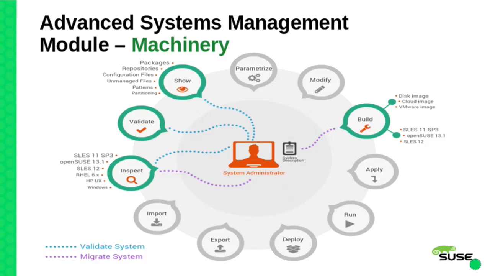So once you have this system manifest created, you can utilize that to clone an existing system, or upgrade another system. Once you clone it, you can then upgrade it by using an AutoYast file. Machinery has commands to create an AutoYast file out of the manifest file that you created. So once it's inspected, create the AutoYast file, which includes the extraneous files that you might have in that system,